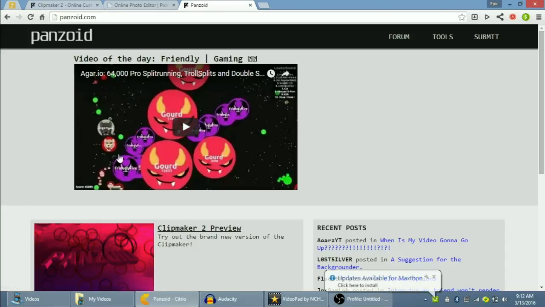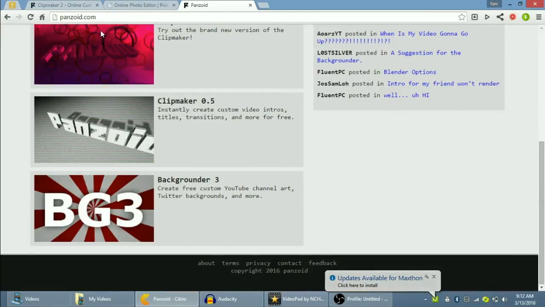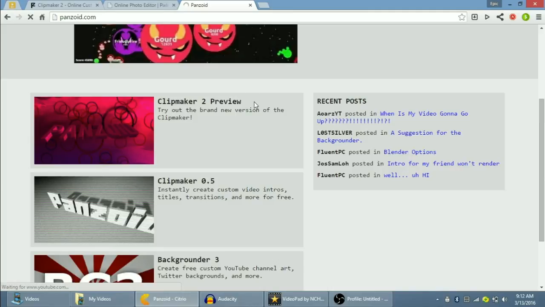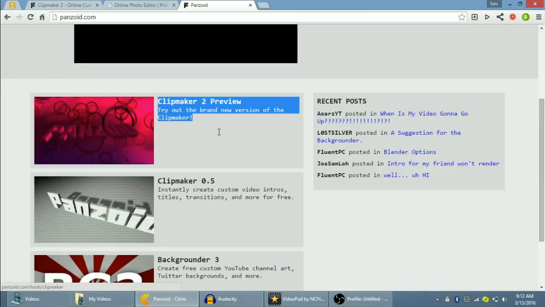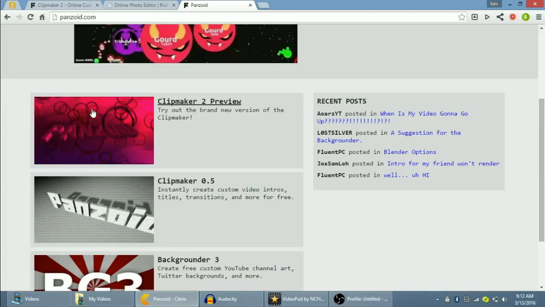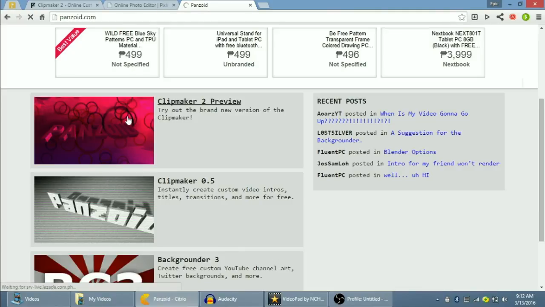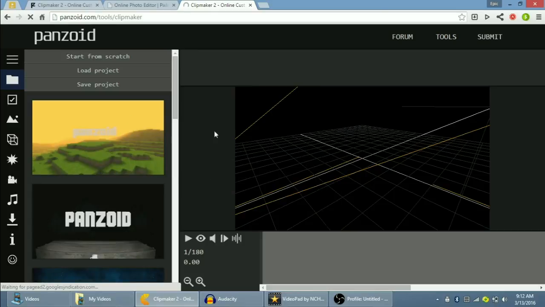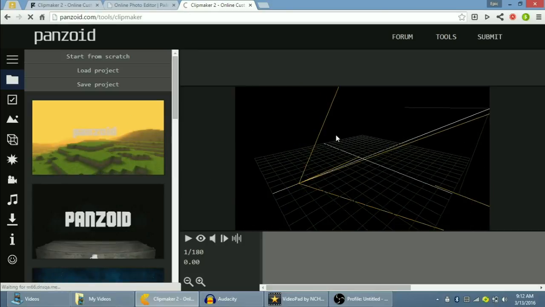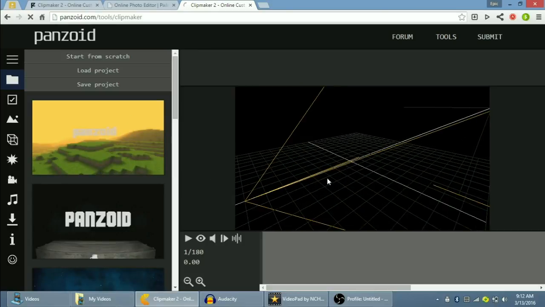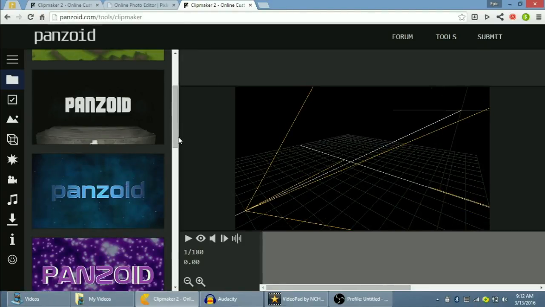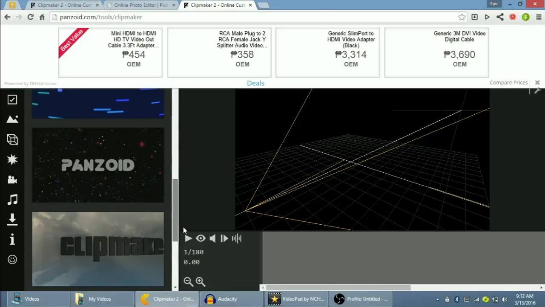And so we are in Panzoid. So first we need to check out this tree, but this is where we can find awesome intros for just free. So let's click there. Ads again. Oh, good thing. So we are here now, and we need to pick the templates here on our left side.